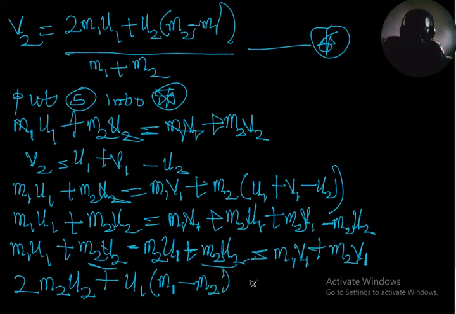Then on this other side, something is common here also, which is V1. Pull out V1, then open a bracket. You are left with M1 plus M2, close the bracket. Now all we are asked to do is to make V1 the subject of formula, that is to get an expression for V2 and V1 in terms of other parameters. So if I do that, that will lead me to the next equation,